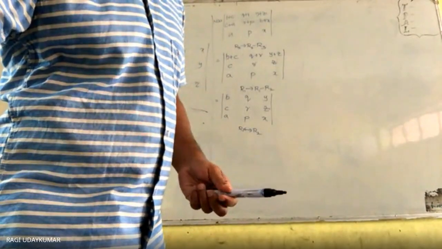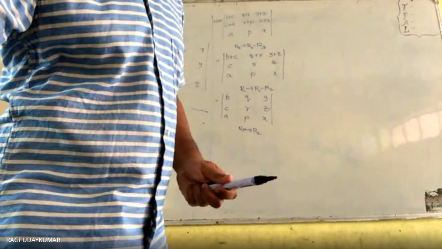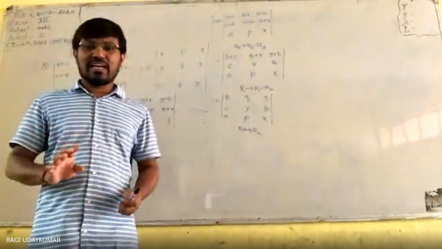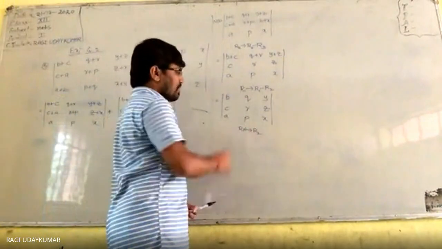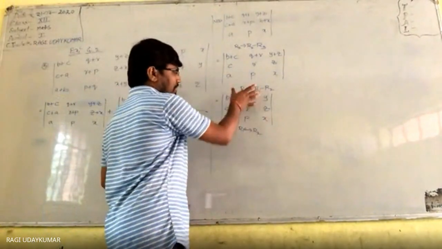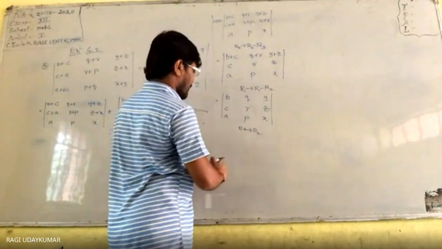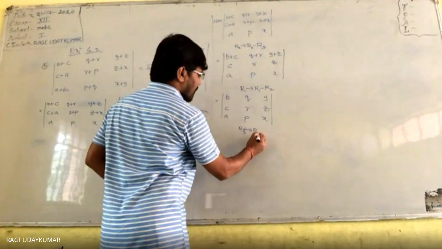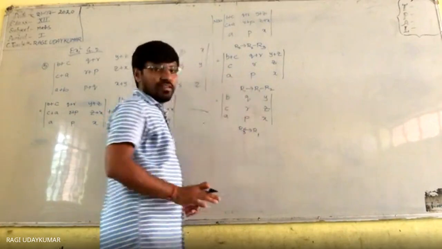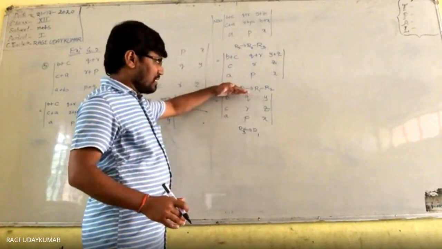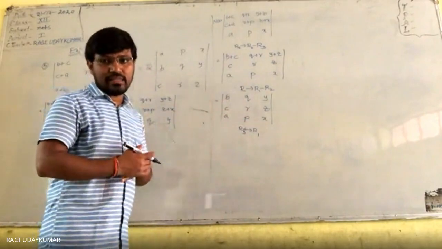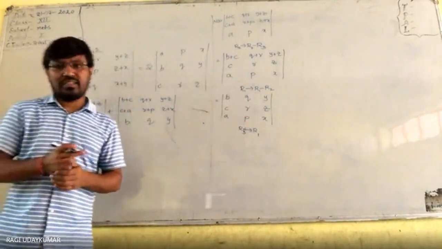The rows will become columns? No. Rows will not become the columns. R1, R2 is nothing but a row. R3, R1, R3, R1. So R3, R1 place में जाएगा, R1, R3 place में आएगा. When we do like that, what change will occur in the determinants?